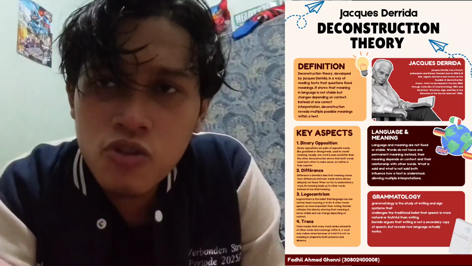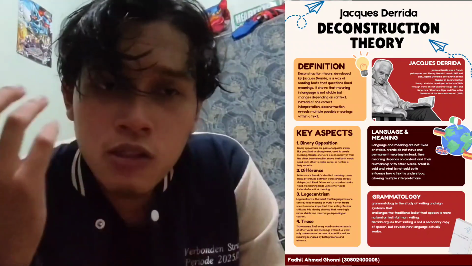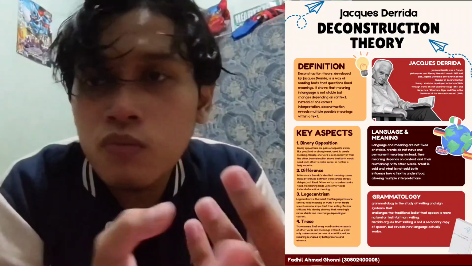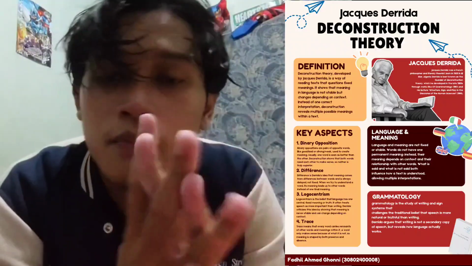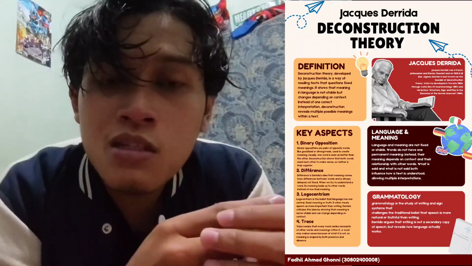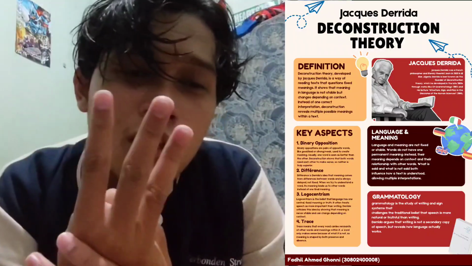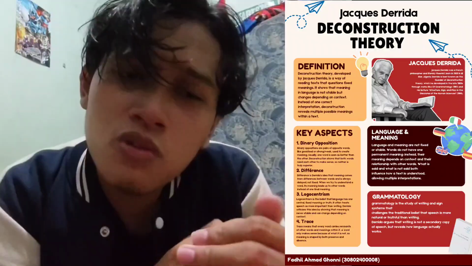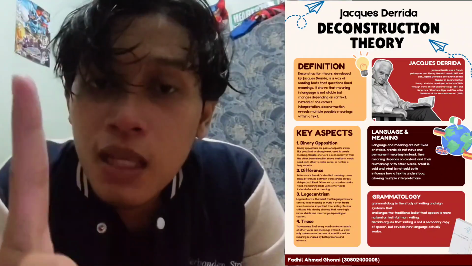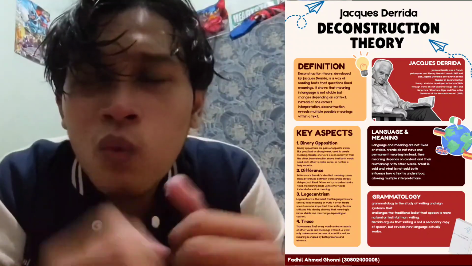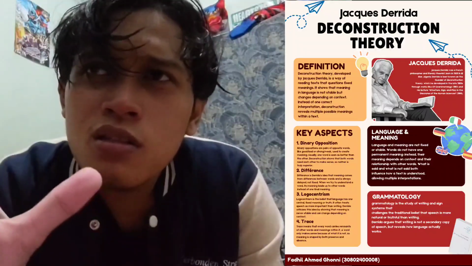Okay, the third key aspect. We've talked about binary opposition. A word has its own pair, and that pair creates the meaning, and they usually are equal and need each other. And then there's différance, which is that meanings come from another word and the meaning will not be fixed. And the third key aspect is logocentrism. What is logocentrism? Logocentrism is a belief that language has only one central and fixed meaning or truth. It often treats one of the pair as better than the other. So like this, for example.